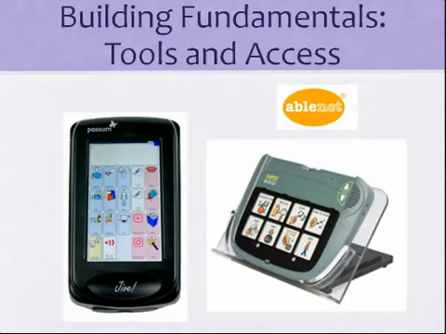Then we head into building fundamentals, tools, and access. Given we have 2 devices here from AbleNet. One is the Jive. It's a handheld that weighs about 12 ounces. It's size 3x5, has predictive typing and some word lists, environmental control, and comprehensive messaging options, which is really amazing. And then there's the Super Talker. It has 1 to 8 messages with 8 levels, 16 minutes of recorded time with key guards, which is really nice. 2 toy or appliance output jacks, so you can use them to play with toys, and it is battery operated, so 2 AA batteries, which is nice.